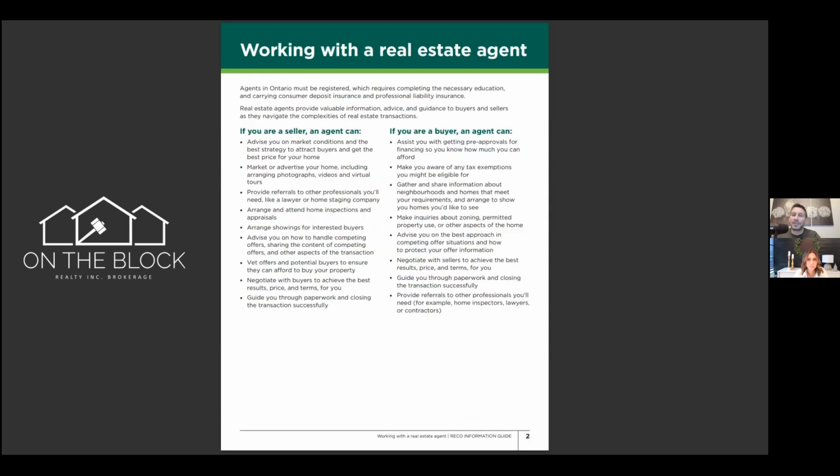So why work with a real estate agent? In Ontario, working with a real estate agent or broker means you are protected by an individual with extensive required education, who is insured for both funds held and professional liability, and who is bound to the profession's code of ethics. The advice and knowledge a real estate agent provides a client is the most important element that a consumer can expect. Real estate transactions can be stressful and complicated, and it's the job of a real estate agent to make the process more comfortable, easy to navigate, and focus on the specific objectives of the client.